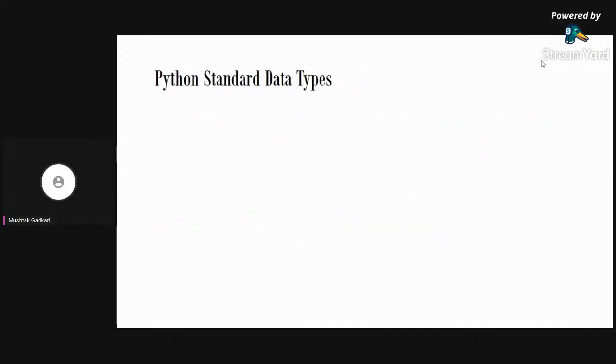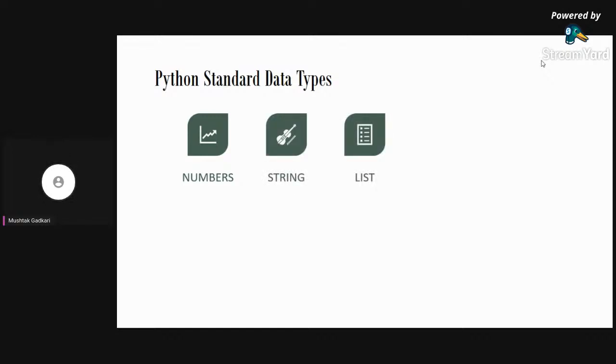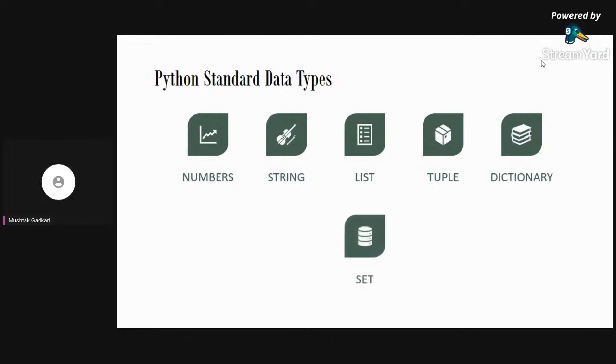After that, Python standard data types. We have to discuss Python standard data types. So there are various data types. Numbers, first data type is number, then it is string, then it is list, then you have tuple, then you have dictionary, then you have set. So those are the data types you have. You have to remember it. Python standard data types are numbers,